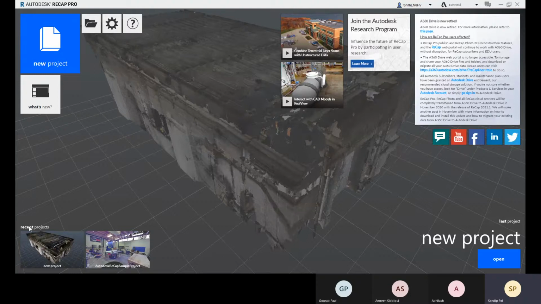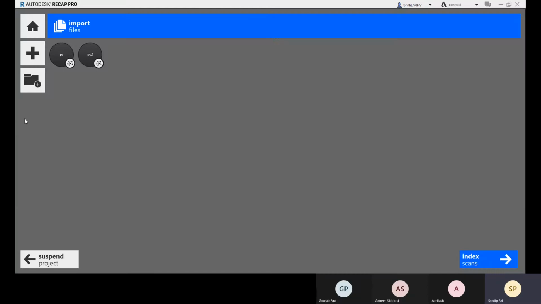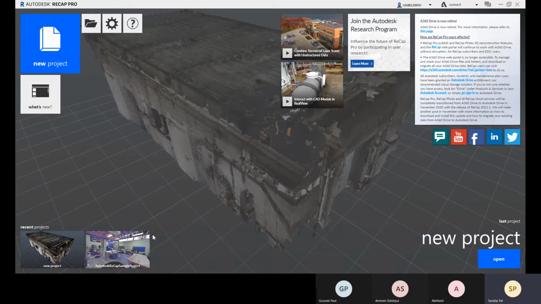And now here you can see that we have a recent project option. If you click on this recent project, you can open it, just as simple as that. And here also you have this open option. It will open your last file that you have imported. And now you also have this open, preference and help icon.